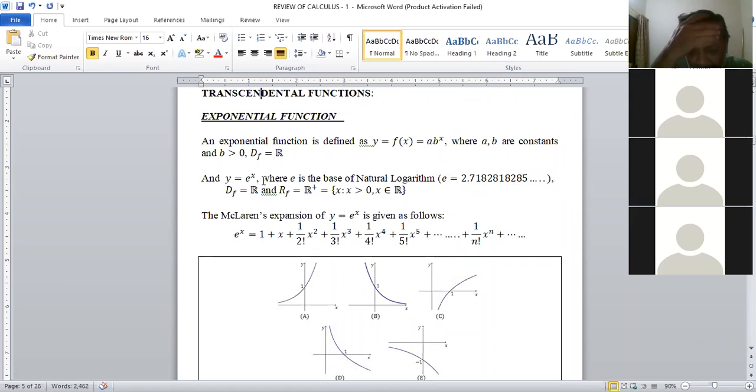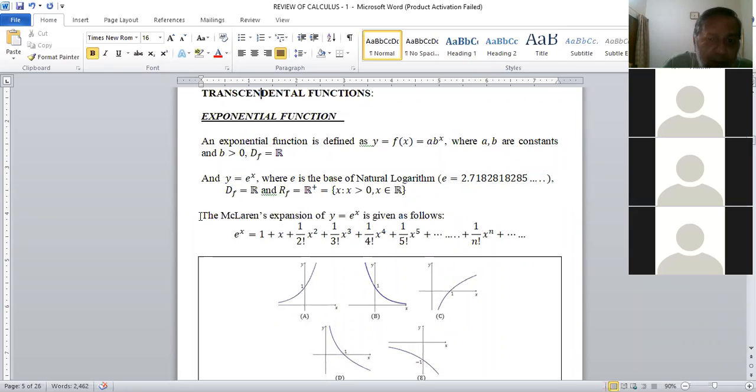mathematicians ने बिला वजह नहीं बनाया, बहुत से natural phenomena से ये खुद pop up होके निकलता है. When we study some natural phenomena, वहां से ये खुद ब खुद आता है. And this function is defined for every real number. That means the domain is the whole set of real numbers, and the range is also the whole set of